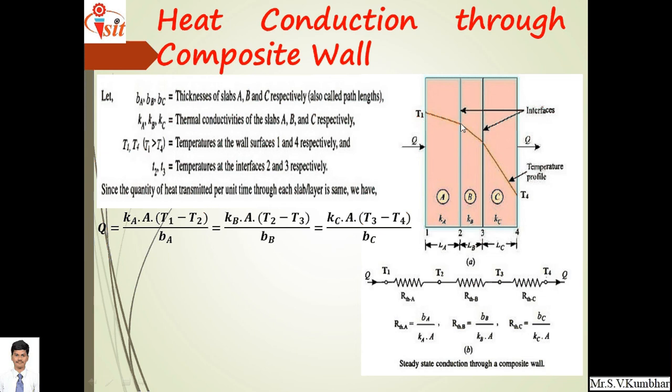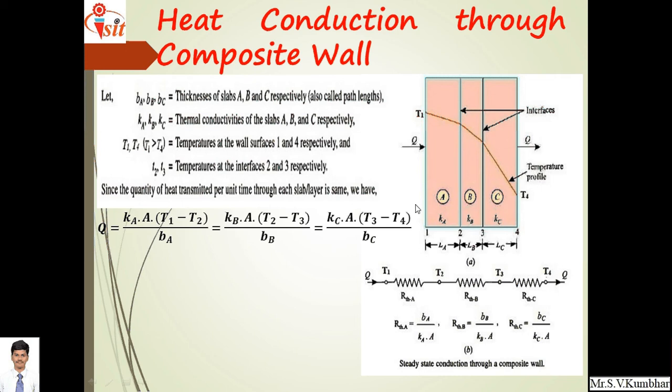T2 is the intermediate temperature between A and B. This is equal to Kb, the thermal conductivity of B, times A, the area of B, times (T2 minus T3), the temperature drop across B, divided by Bb, the thickness of B. This is equal to Kc, the thermal conductivity of material C, multiplied by the area of C, times T3, the intermediate temperature between B and C,